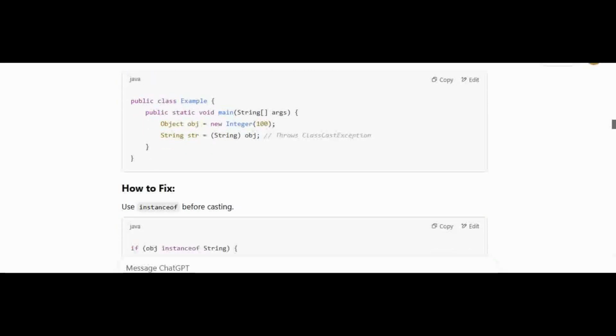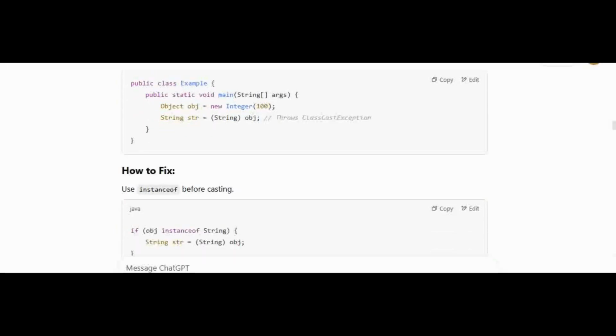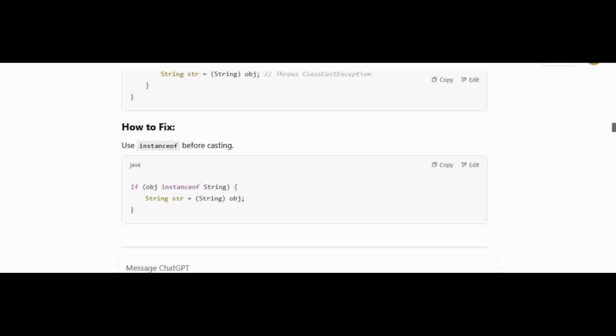Use instanceof before casting. Improper type conversion is common in inheritance or polymorphism. In Java: if (obj instanceof String) { String str = (String) obj; }